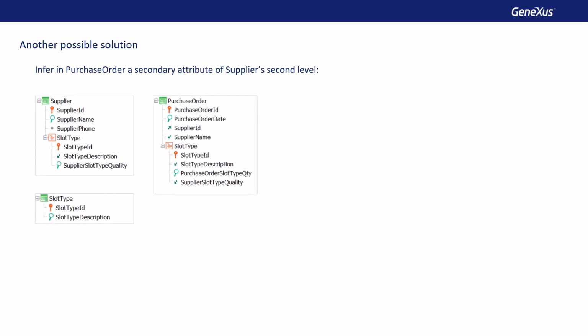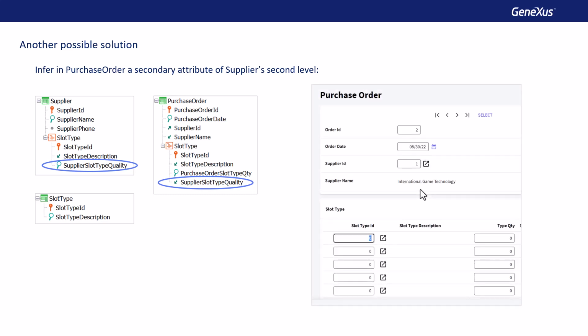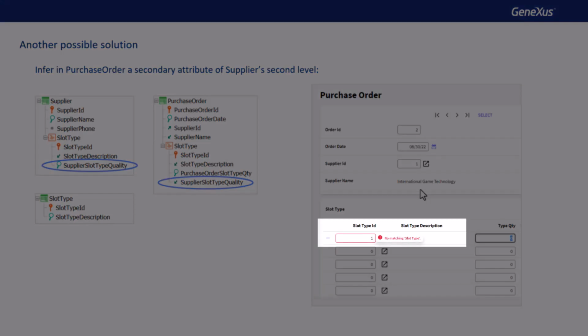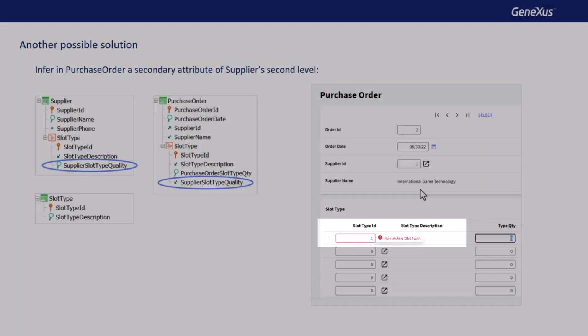We would have achieved the same effect in another way, without writing anything, if in the supplier transaction there had been a secondary attribute, or on the second level, so as to infer it in purchase order, and force Genexus to notice the relationship. A no matching error will be displayed if the type of slot that's being entered in the lines is not provided by the supplier in the order.